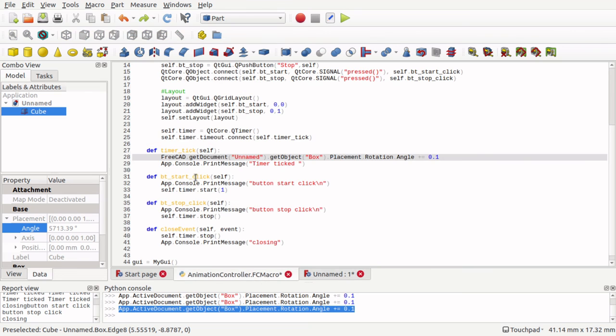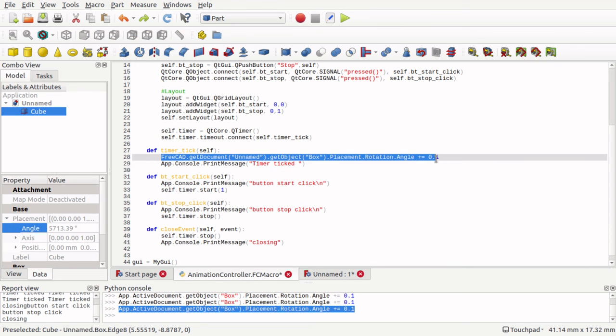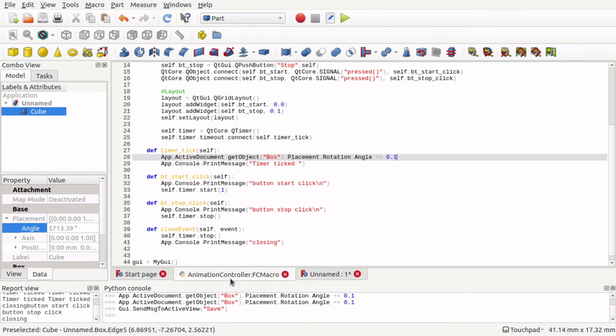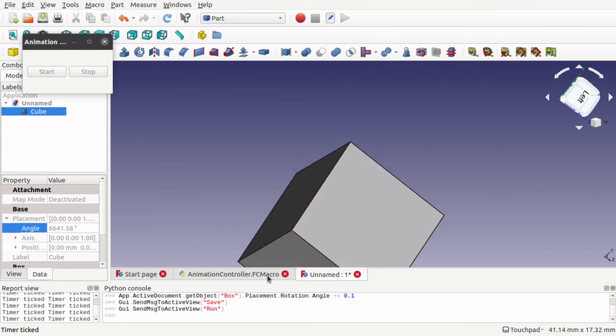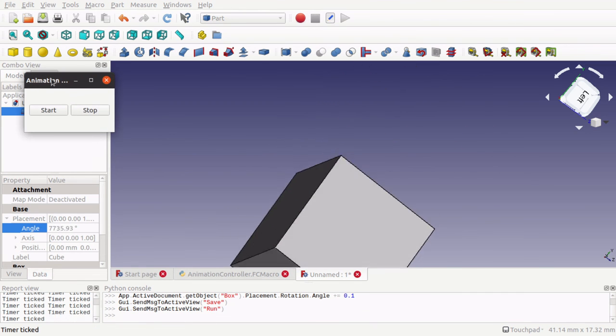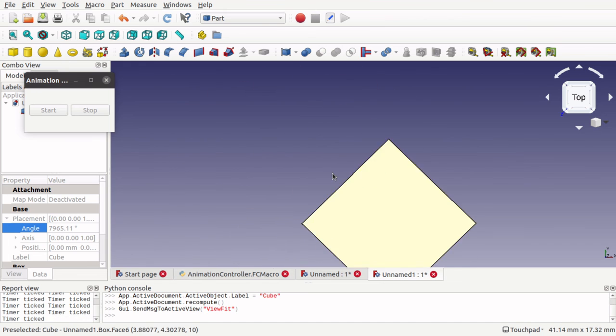jump over to my macro and paste it in here. There we go. So run that now. Hit start. That's swinging away there. So actually if I go and create a new document and throw a cube in there,